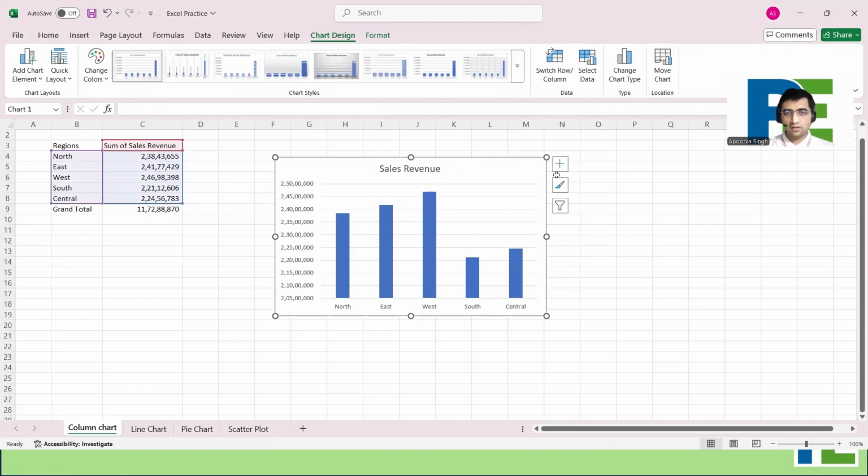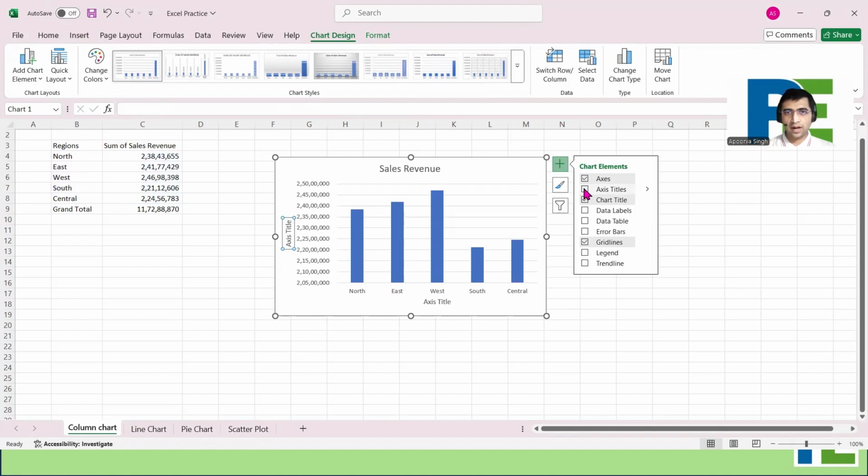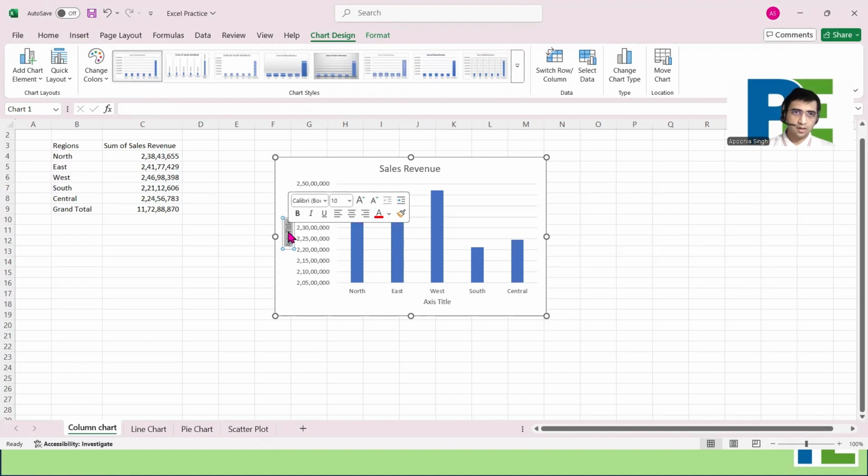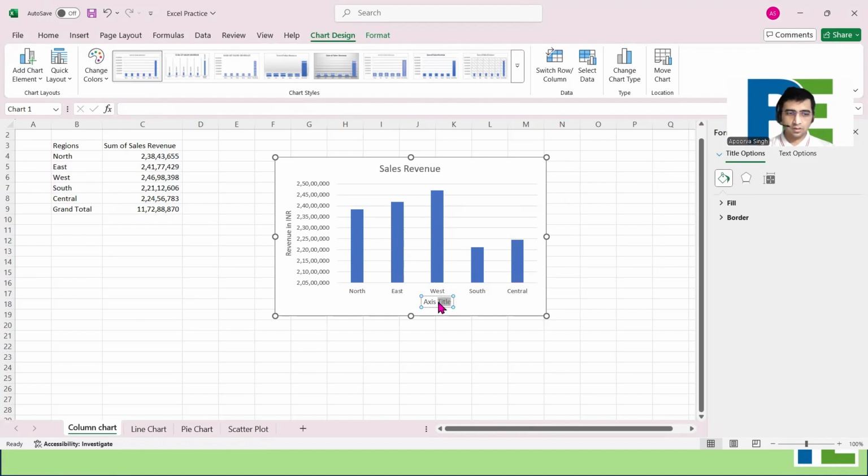When I click on this chart, you would see 3 buttons which has popped up, plus, this brush icon and this filter icon. Well, if you click on plus, you can add more elements to the chart. For example, you can add axis title, and by this you can define what is there on x-axis and y-axis. So for example, here I double clicked and I mentioned revenue in INR, and in x-axis I can mention region,